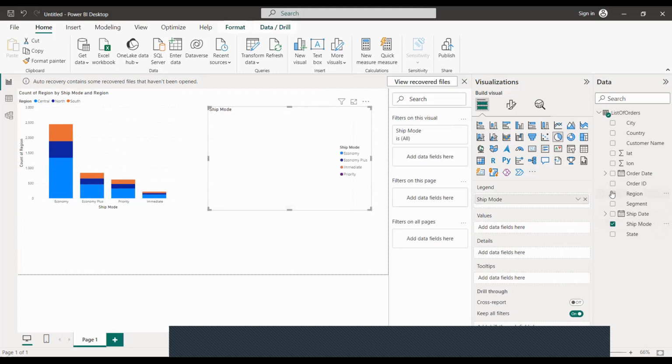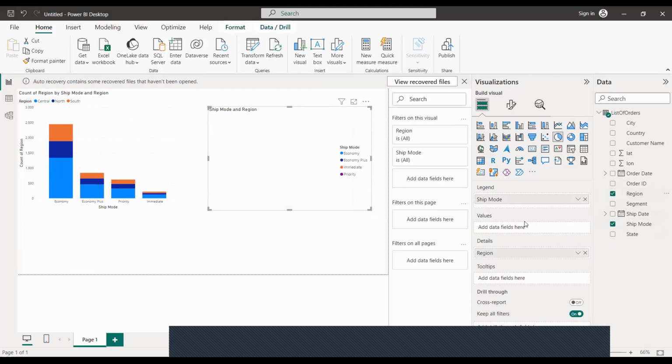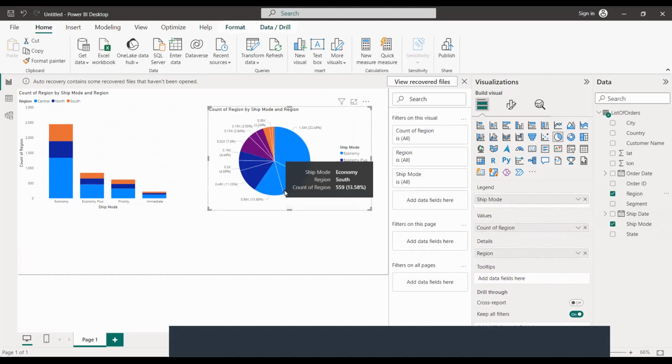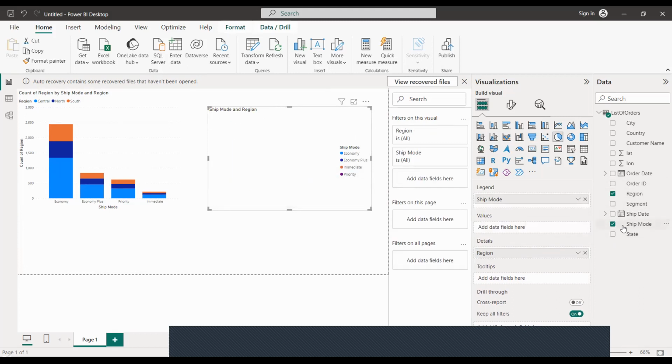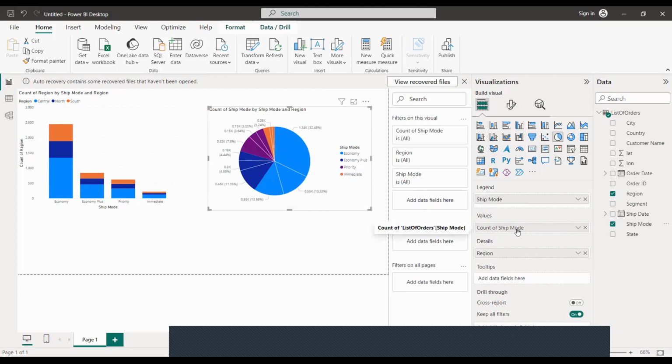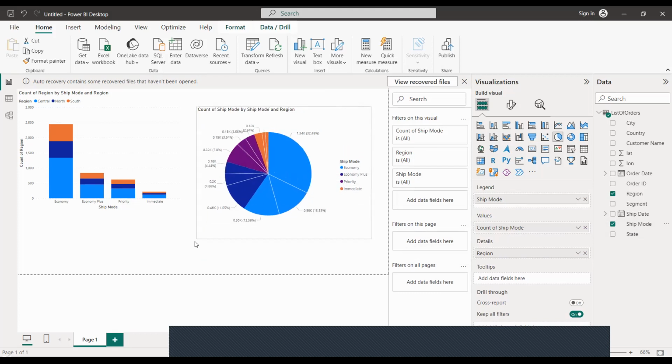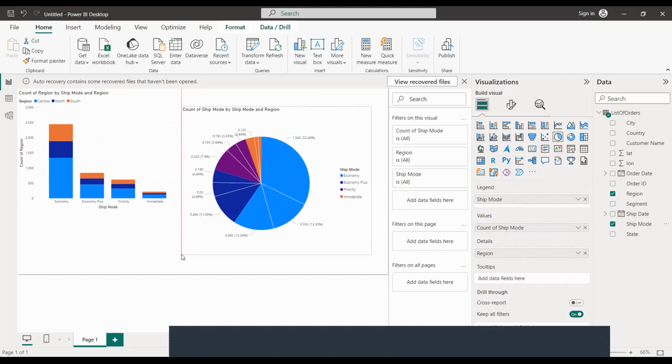All they need is the information. Ship mode. Okay. Now we can see for pie charts.